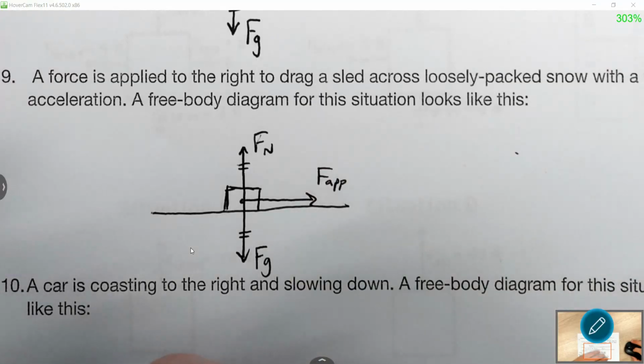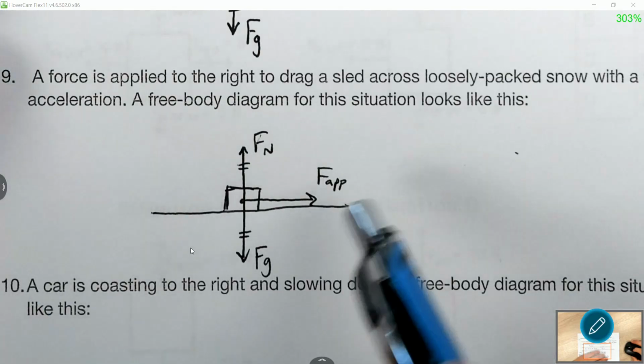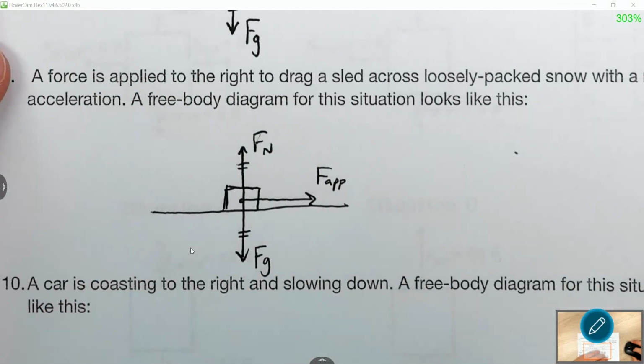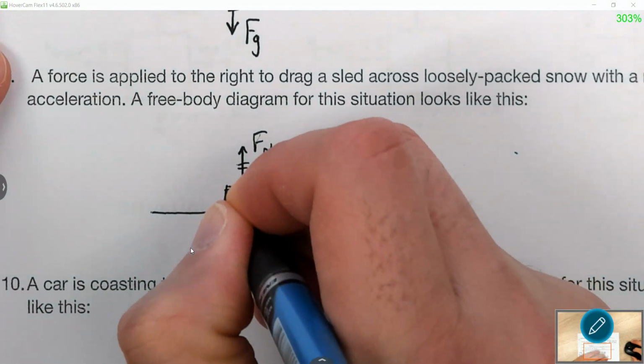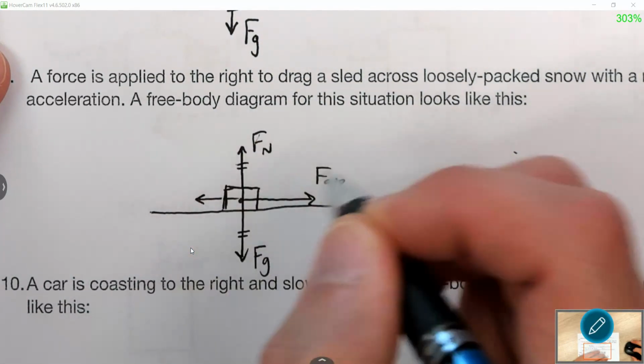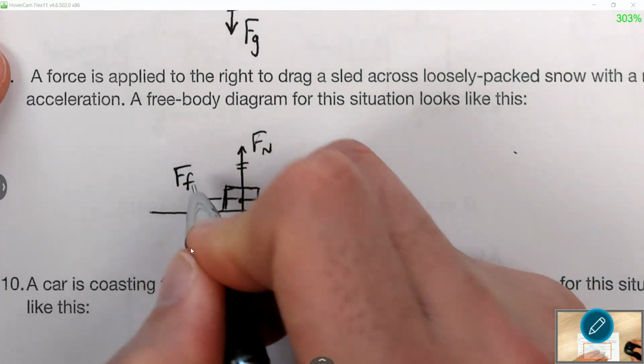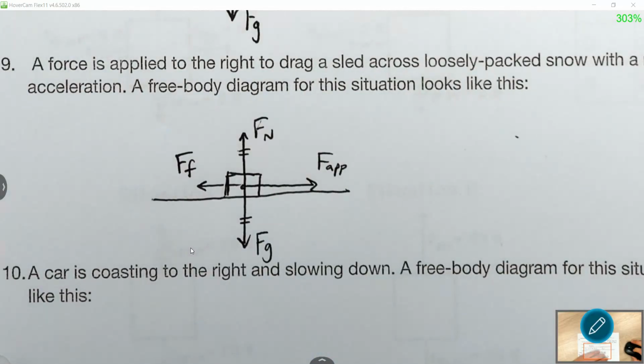How many people have walked through the snow before? Is there friction? Yeah. So we are going to have some friction, but it's got to be smaller than the applied force in order to still accelerate in that direction. So we'll make a quick smaller arrow here as our friction force. And then finally,